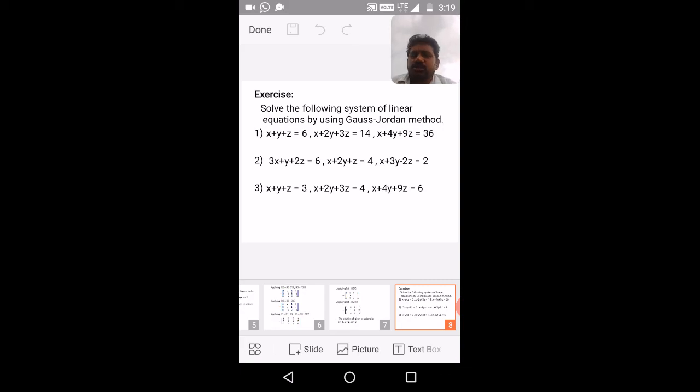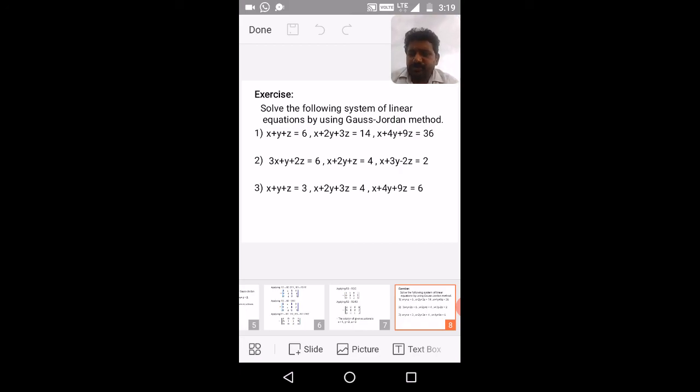Okay, so the simple thing is: first write the three matrices, then the augmented matrix, and reduce that augmented matrix into the standard form. Finally you will get the answer. That is what you have to remember. But the most important thing is selecting the row operations. A suitable row operation should be selected, otherwise you will be confused. For example, for the first question in this exercise, the augmented matrix will be 1 1 1 6, 1 2 3 14, 1 4 9 36. Then, starting with the first row, you have to select the proper row operations.